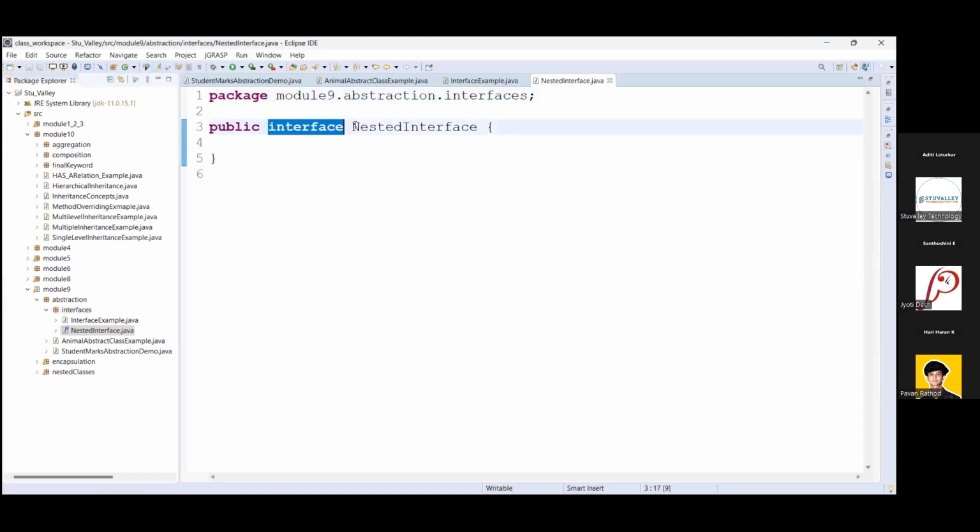The public interface NestedInterface is created. Inside that, I am creating another interface, suppose Show. Inside this interface Show,